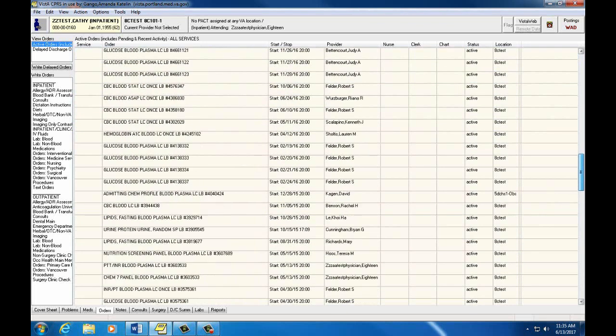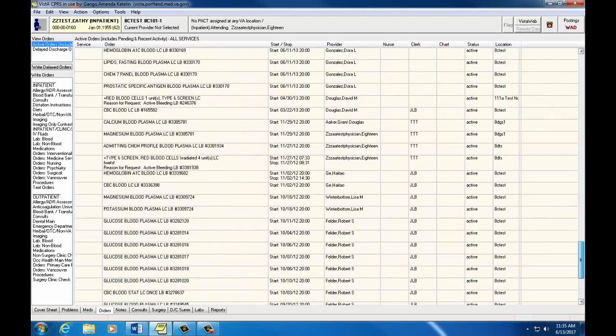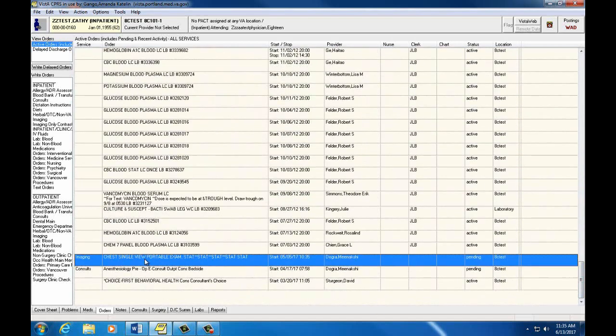The next section in the service heading is imaging. This section shows all ordered imaging procedures, including X-ray, CT scan, MRI, and Doppler flow studies, ultrasounds, or any other procedures that require a picture and interpretation by radiology.